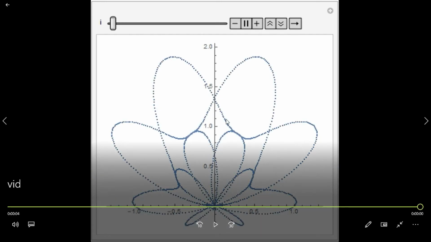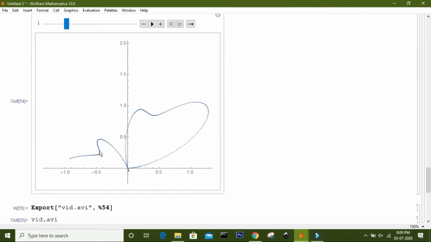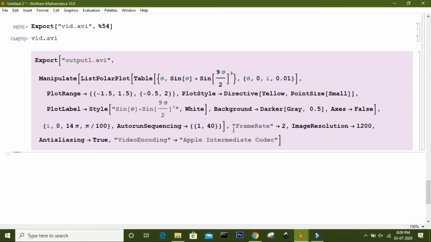Okay, but as you can see, the speed of this animation is too fast and the length of the video is so small, as it only converts your video for 4 seconds. But you can also control it, and you can also control the plot. So let me show you how you can control the length of the video, the animation speed, or the plot style. I want to export this animation in a more controlled manner, and for this you can use this Export function like this.